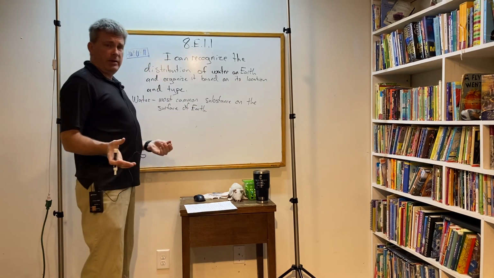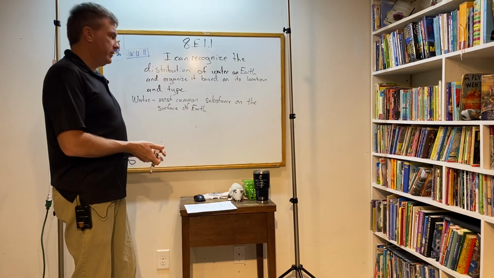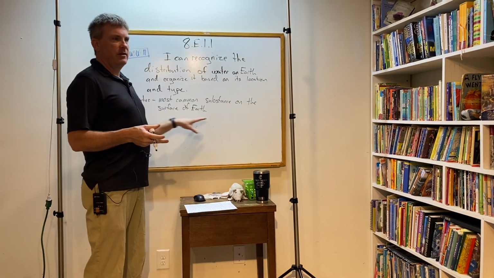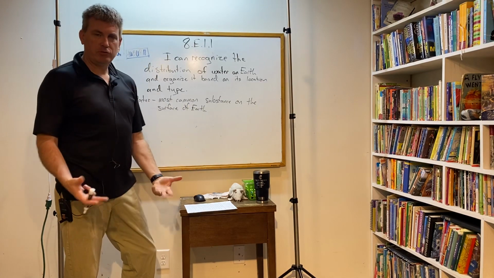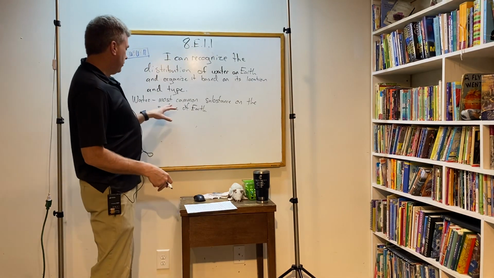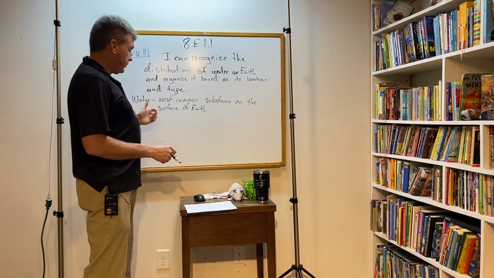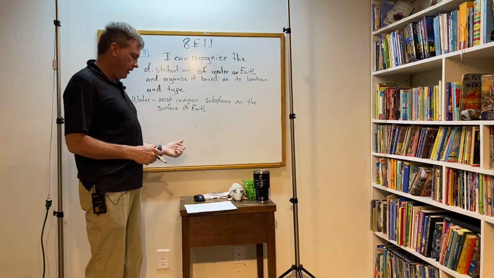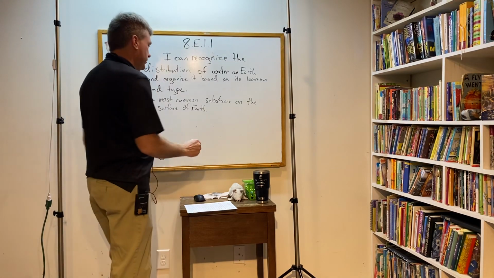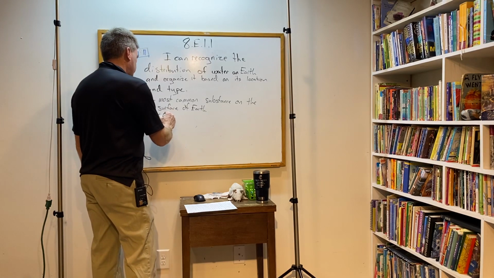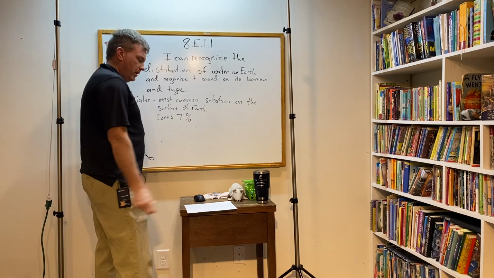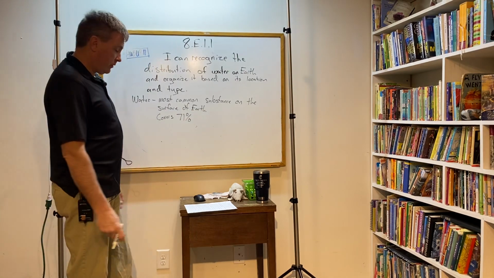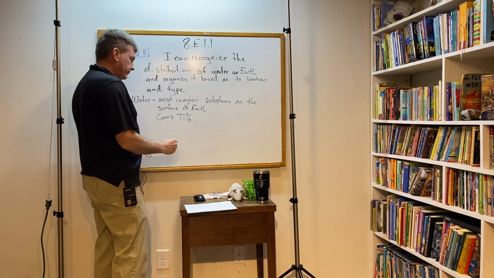And you go, really, wait a minute, I thought there was a lot more rocks and dirt and stuff. Well, it says, on the surface. So this is stuff that's sitting on top of all those rocks and dirt and true Earth stuff. So water is the most common substance on the surface of the Earth. It covers 71% of the surface. 71% of the Earth's surface is covered by water.